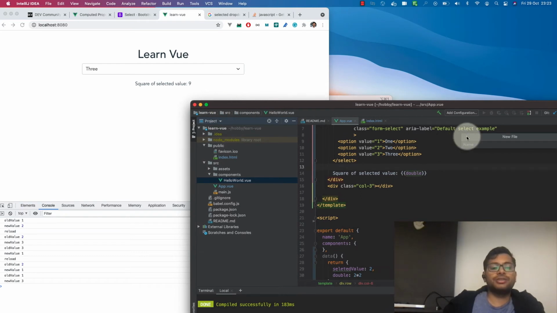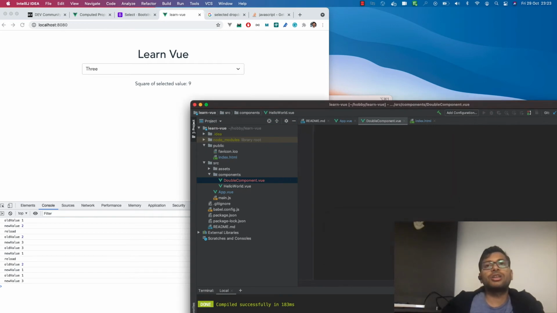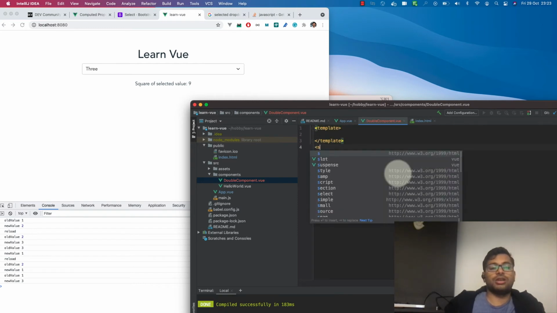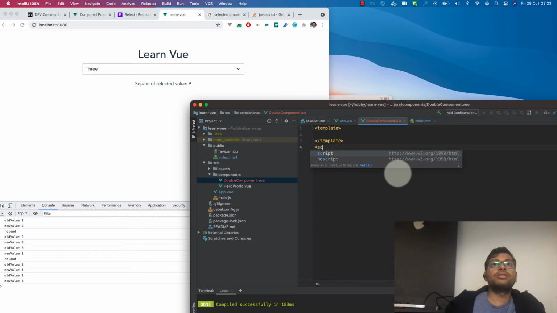Let's name it DoubleComponent.vue, and we can use template, script and some style.